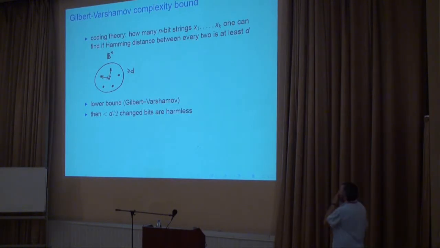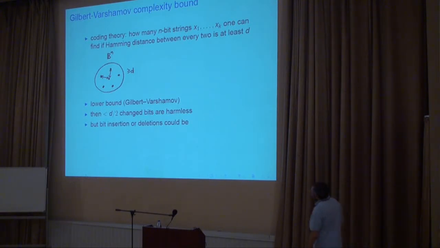Of course, there are much more complicated things, like how to decode efficiently, but even the question of how many of them can be found still has lower bounds and upper bounds, and there is no exact answer. But